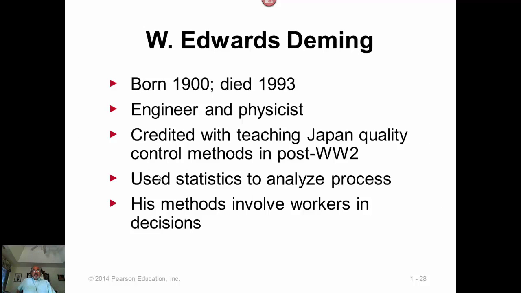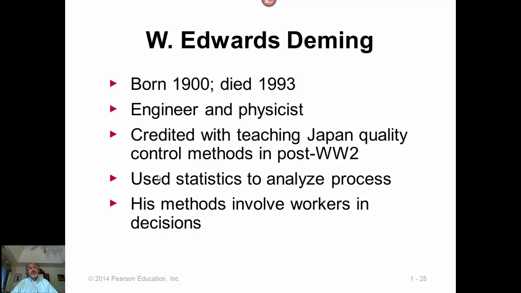Edwards Deming is considered the father of quality control in Japan. And at that time, Japanese products were considered to be of particularly poor quality, and they were known for shoddy work. Hard to believe these days. And Deming was the one who showed them how to design the production process in such a way that the Japanese were so grateful to Deming that they named their national quality award after Deming.